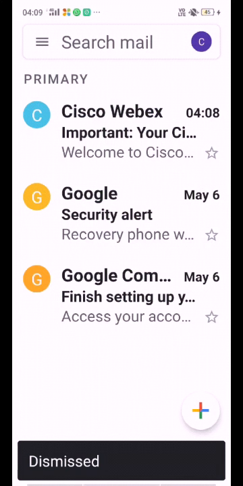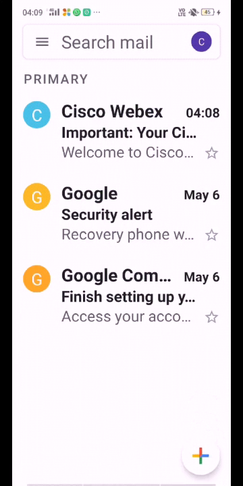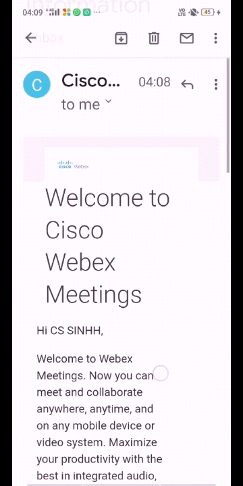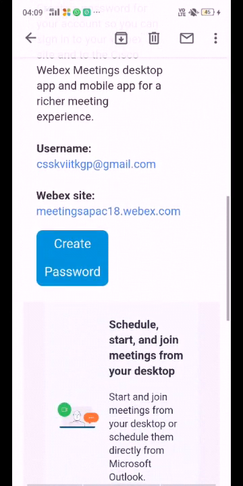In the email ID you will get a mail from Cisco WebEx. Just click there. Here your username is coming and your WebEx site is coming.